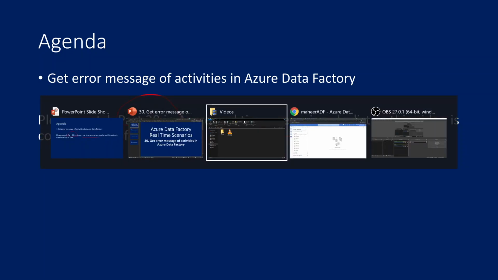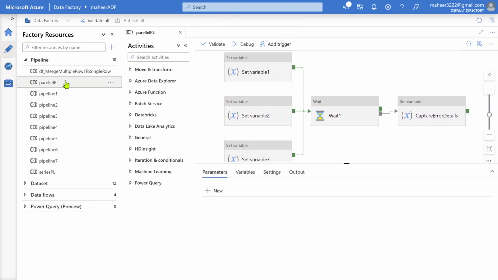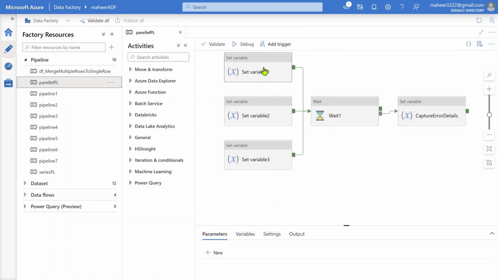So let me go to my Azure Data Factory studio, and here let me quickly explain what we did in our part 29. We created two pipelines in part 29. One to explain the parallel activities execution, where your activities will run in parallel, and there won't be any connection. Think like these three set variable activities are your actual pipeline activities, and if any of these activities fail, then how to capture that error using only one activity, and that one activity can be pointed to sending error message details into a stored procedure or via email. That kind of scenario we have discussed there.